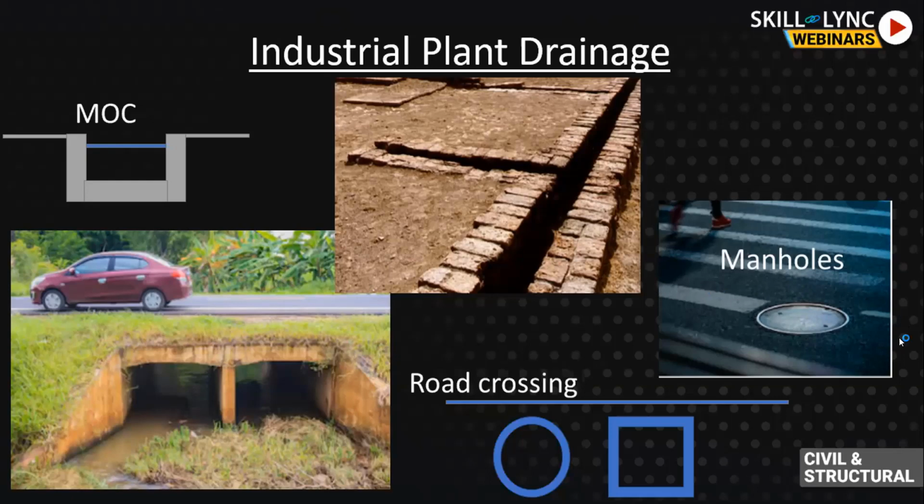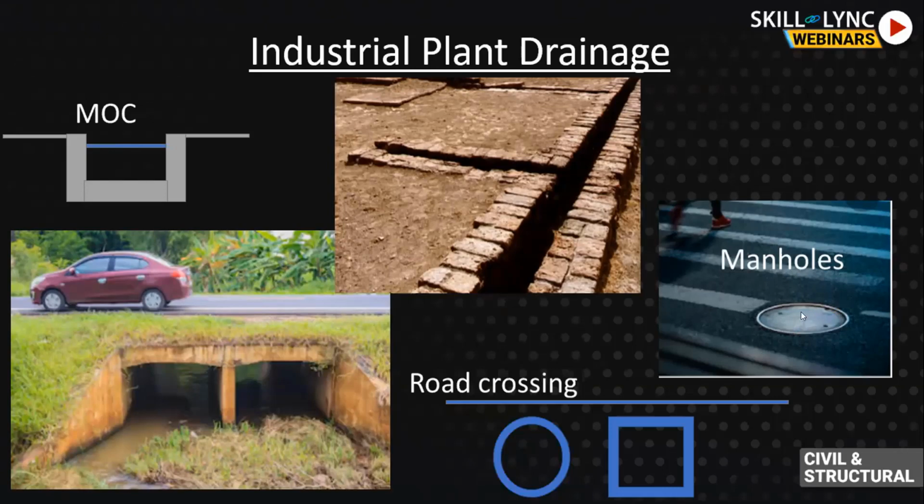So the drain has to be closed. Here, connecting the manholes on the left and right hand side, there is a closed drain below the road. This is a road crossing. It can be a hume pipe or it can be a box culvert at the road crossing. Now, if the road crossing is very long, and some sewage or mud gets collected in it and blocks the flow of the drain, then you need to clean it. That is why these manholes are provided. They are provided with heavy duty cast iron covers, because even if a crane wheel passes over it, it should not fail.